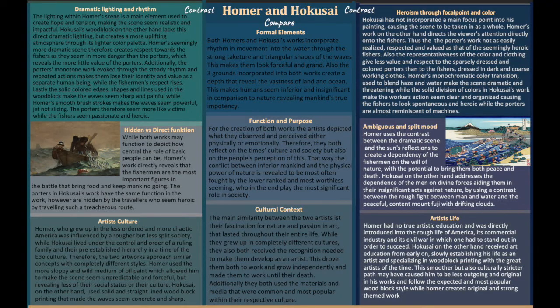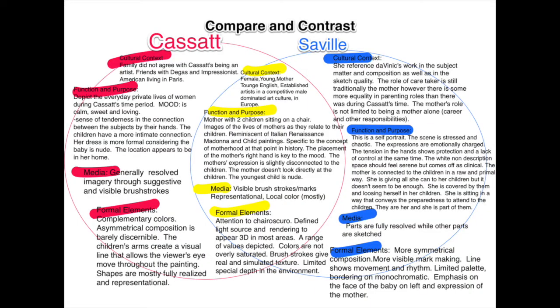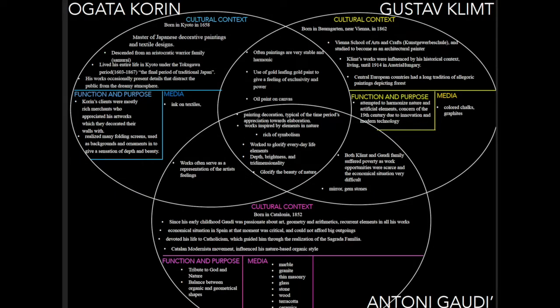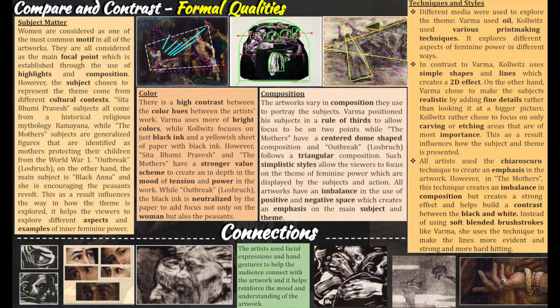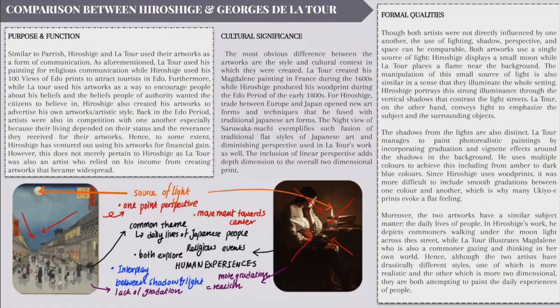Use charts and tables and diagrams. Please try to avoid using a Venn diagram. They're hard to read and it's hard to organize your information. And you have very little real estate if we think about each slide as being real estate. Present your comparisons on the different pieces, clearly identifying the links between them, comparing the formal qualities, comparing the function and purpose. Now, not just described and listed, you want to really build your analysis and identify connections or create